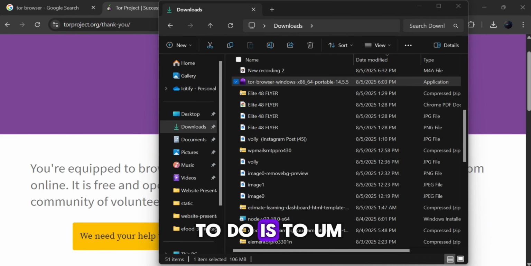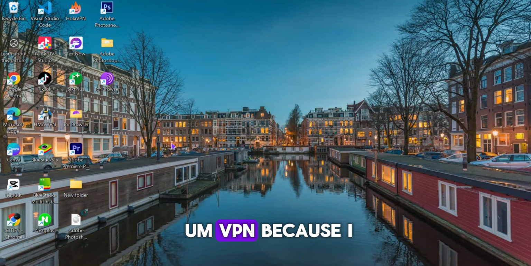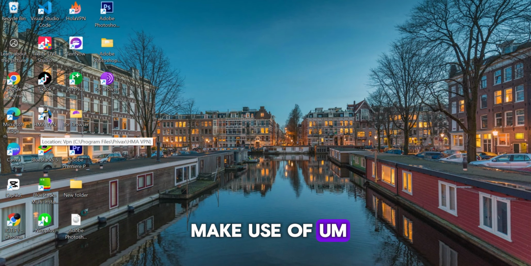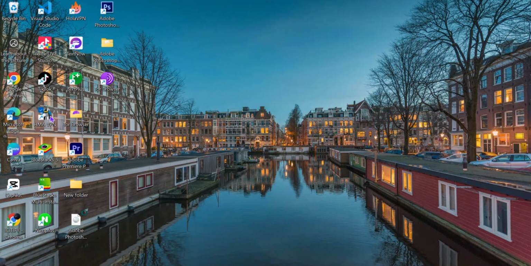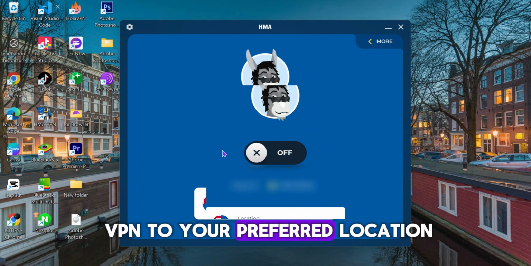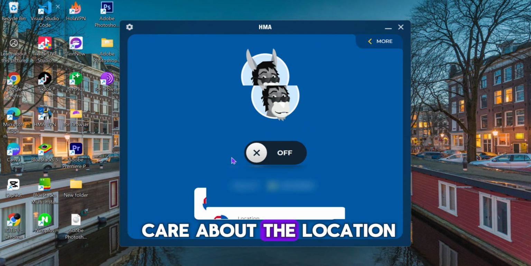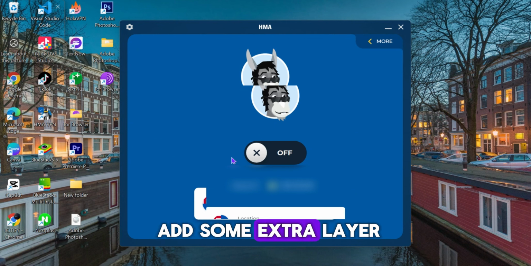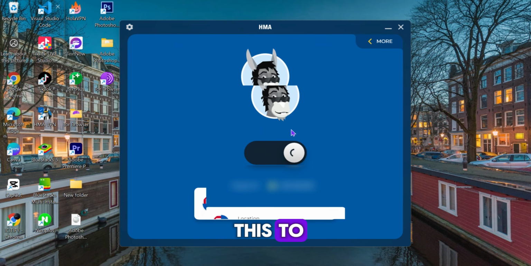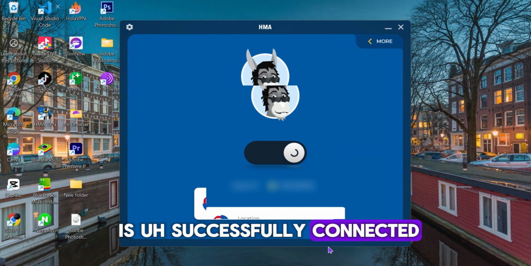Now the next thing to do is to make use of your VPN, because I make use of Hide My VPN, so I'm going to be using that. So you choose the VPN to your preferred location, but I don't actually care about the location. We just want to add some extra layer. That's my personal IP address, so I just want to add another extra layer. So you click on this. Once your VPN is successfully connected,